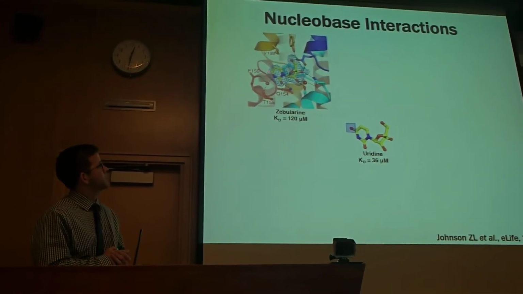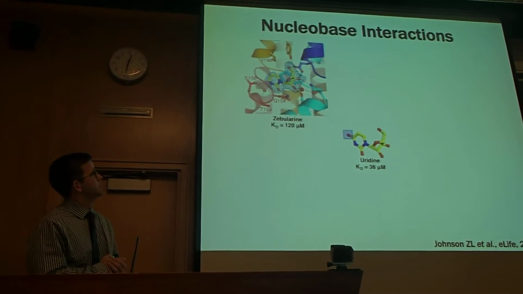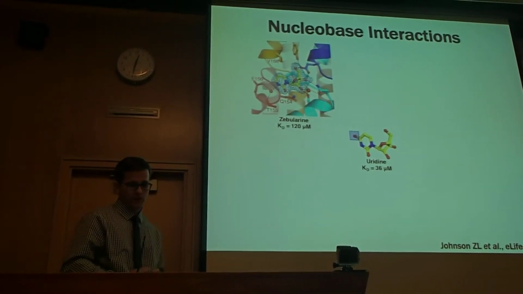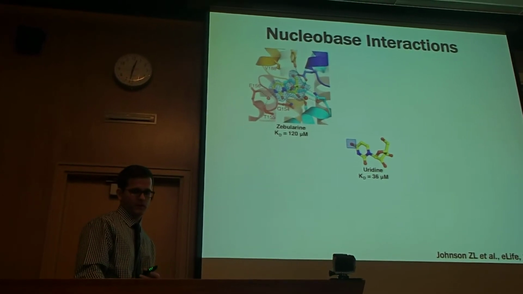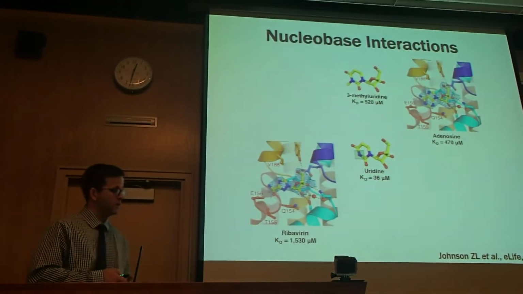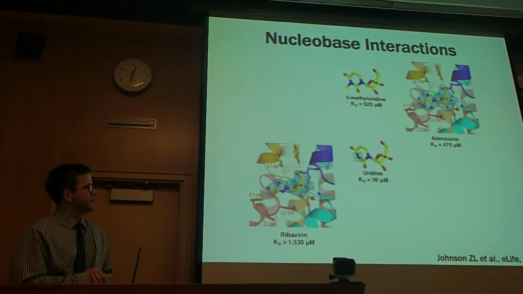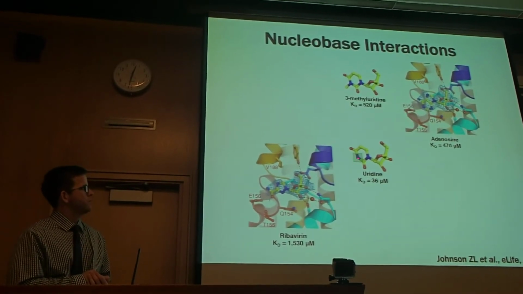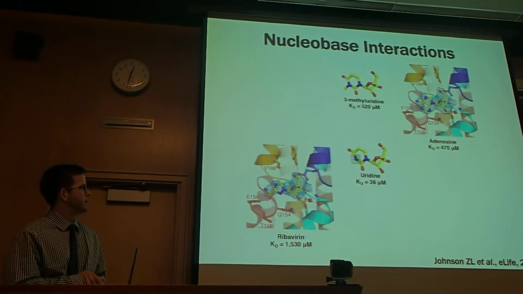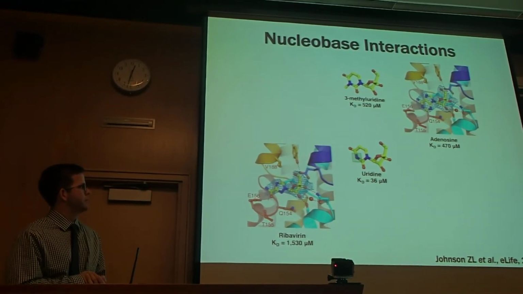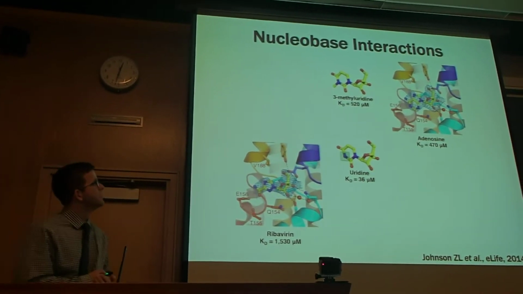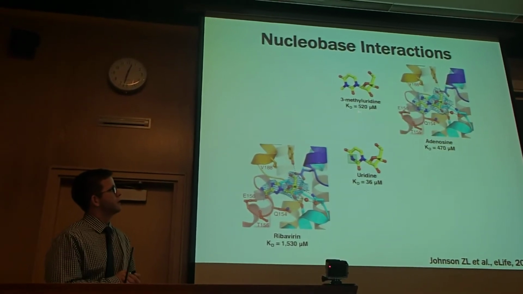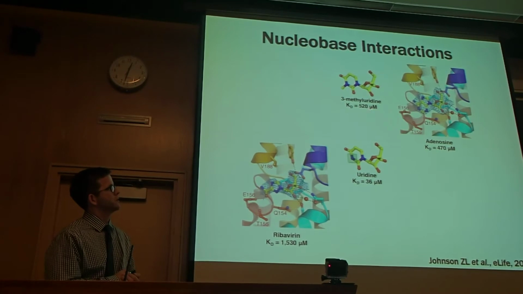So what we saw in the structure is this interaction is no longer there, and glutamate 156 actually adopts a different rotamer position, probably as a result of removing that interaction. In the uridine-bound structure, we saw this 3-nitrogen group. It formed a water-mediated interaction with glutamate 156 and threonine 155. If you block that interaction by putting a methyl group there with 3-methyluridine, we see a pretty significant loss of